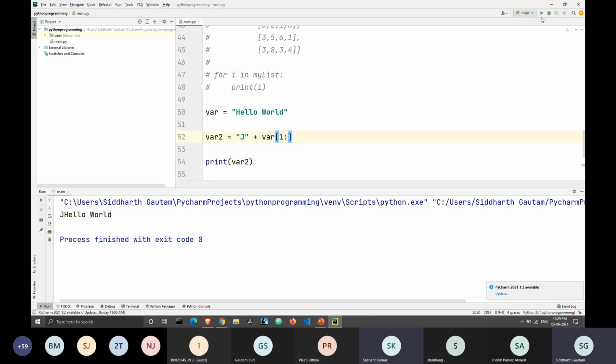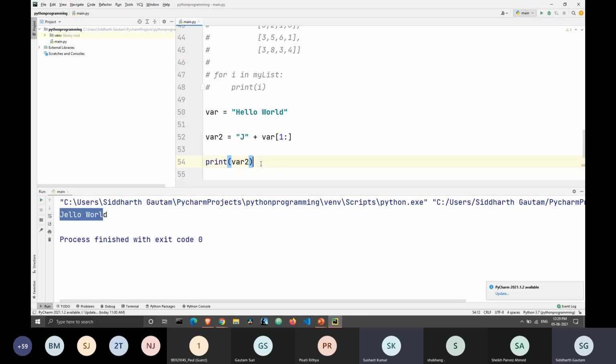When we print this, we get jello world, because first we take the character j, then we take the string starting from e to the end, and combine those two strings. This is how you can edit a certain character of a string. The one I did before was the incorrect way, and this is the correct way of editing it.